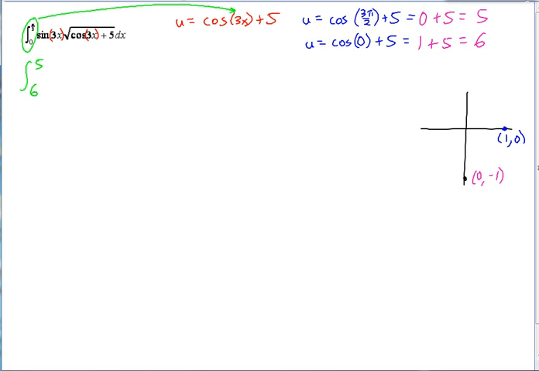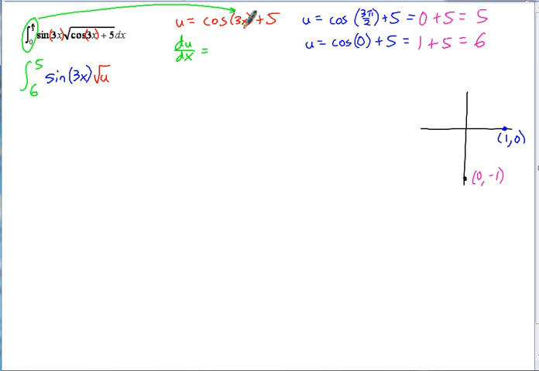And then we can rewrite this. We've got the sine of 3x. Now we set u equal to cosine of 3x plus 5, so that becomes the square root of u. And then we still have to replace the dx to get this all in terms of u. So when you take the derivative, du dx,